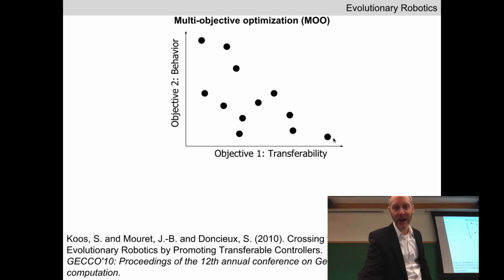Over here, we have another separate controller. This controller transfers perfectly well from simulation to reality for the simple reason that this controller doesn't get either the simulated robot or the physical robot to move at all, right? If you're a controller and you tell the robot to stay still, that's going to transfer very well to reality. If you multiply these two terms together, rather than use this multi-objective approach, you tend to get solutions that cluster around the upper left or the lower right, which is not where we want to be. We want to be in the upper right.